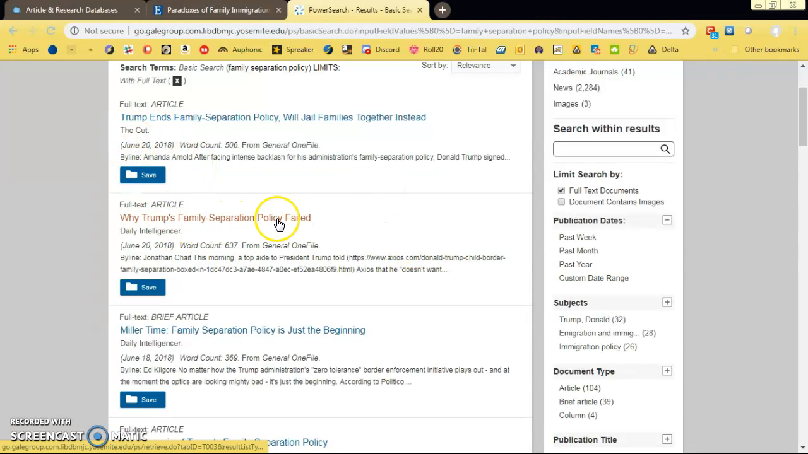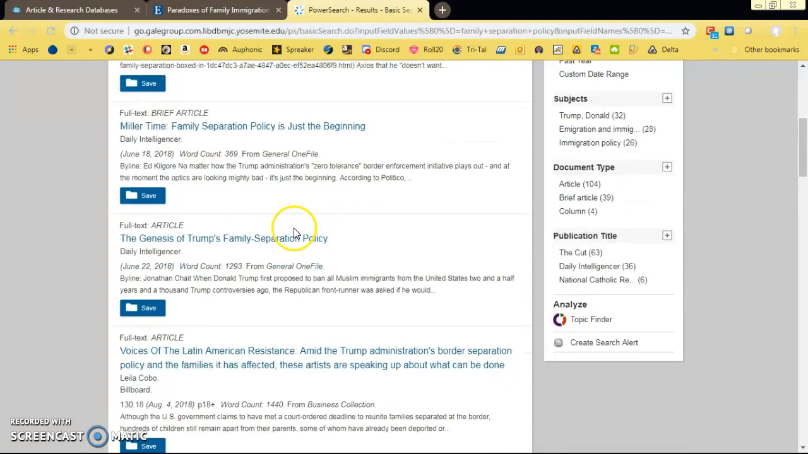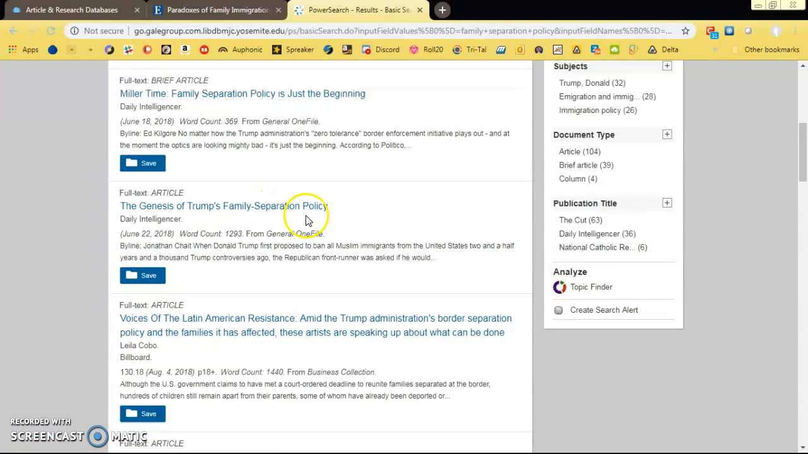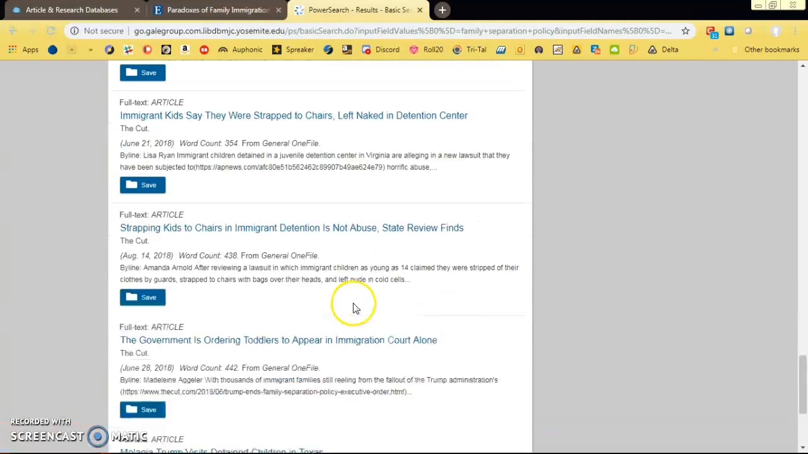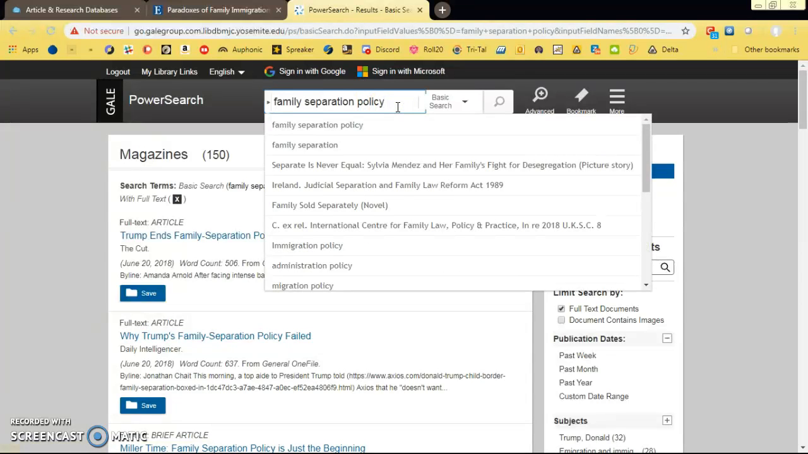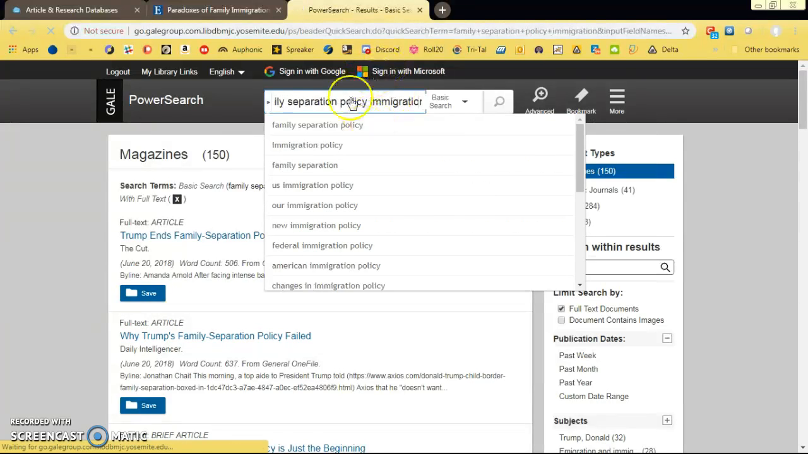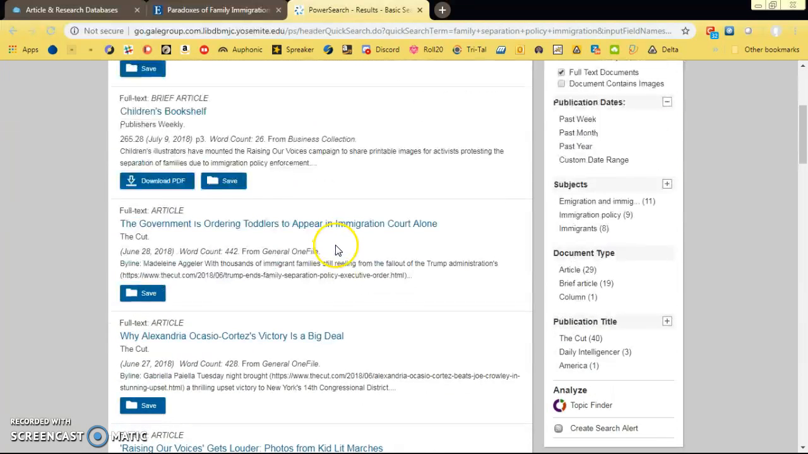Why Trump's family separation policy failed. Miller Time family separation policy is just the beginning. The genesis of the family separation. Ooh, is this talking about the history behind it? You can see not a lot of these on this website have PDFs. Sometimes they do, and if you can find one with a PDF, that's going to be good. But it's because a lot of these are short